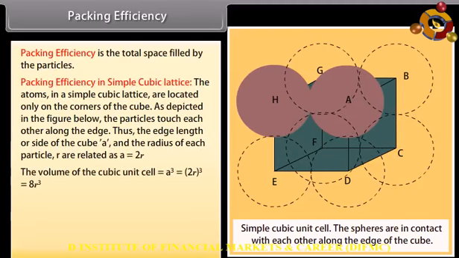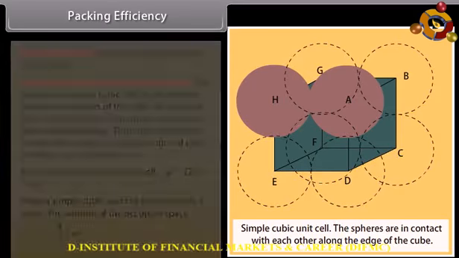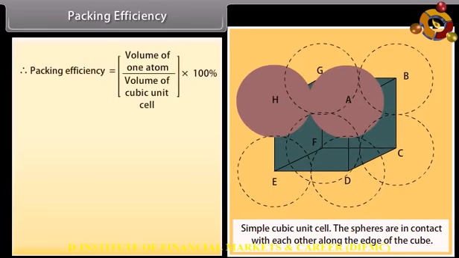The volume of the cubic unit cell is equal to a cube, which is equal to (2r) cube, which equals 8r cube. Since a simple cubic unit cell contains only one atom, the volume of the occupied space is equal to 4/3 pi r cube. Therefore, packing efficiency is equal to volume of one atom upon volume of cubic unit cell into 100%, which is equal to 4/3 pi r cube upon 8r cube into 100, which is equal to pi upon 6 into 100,